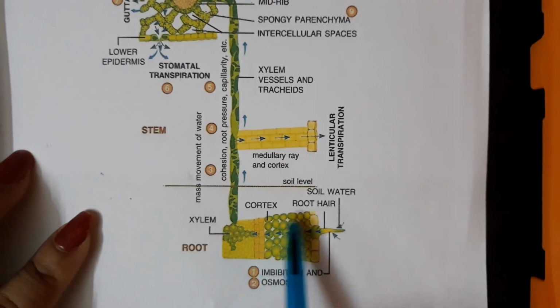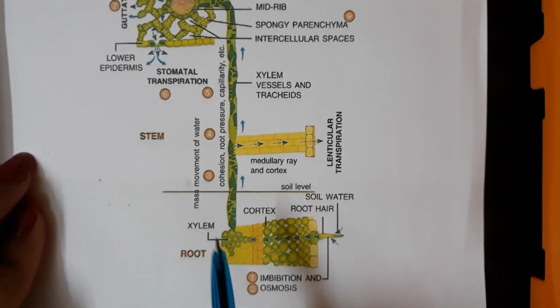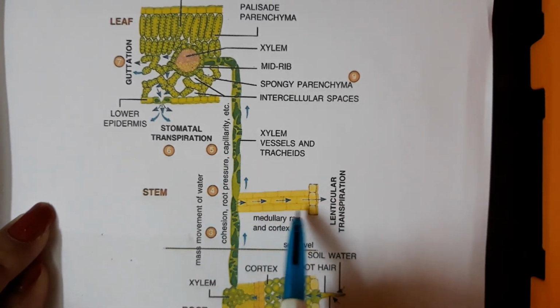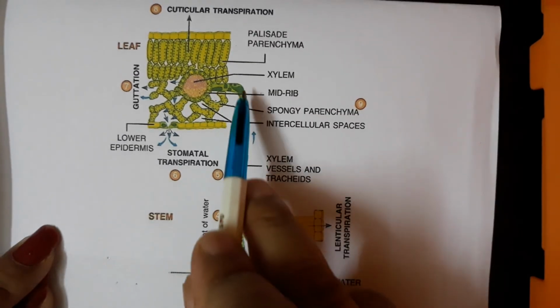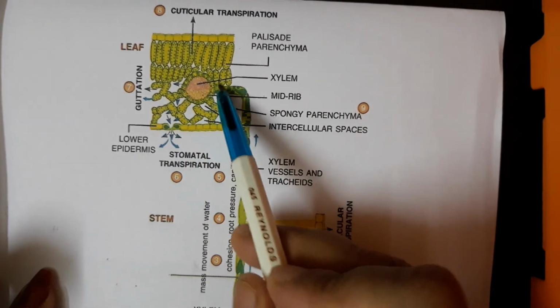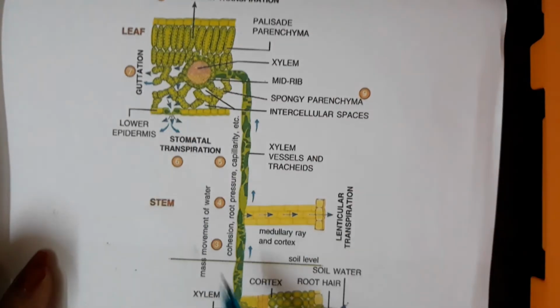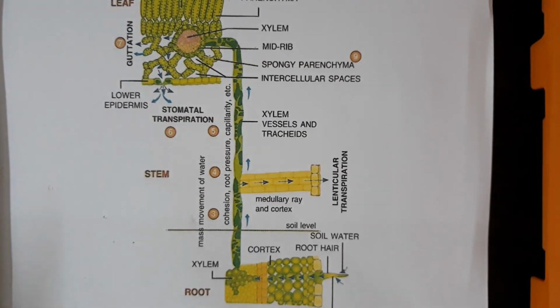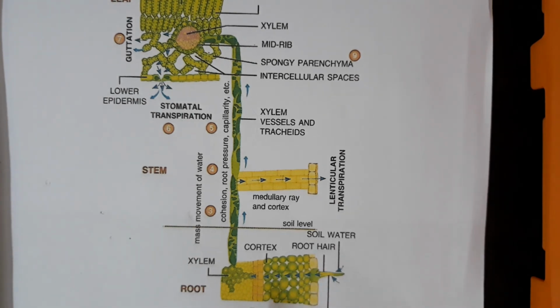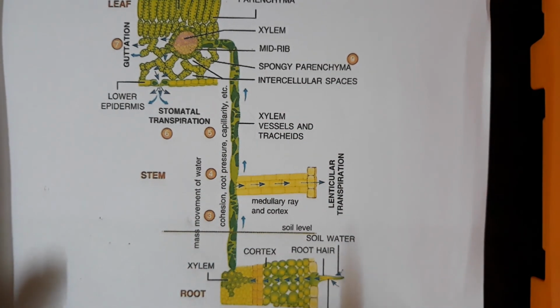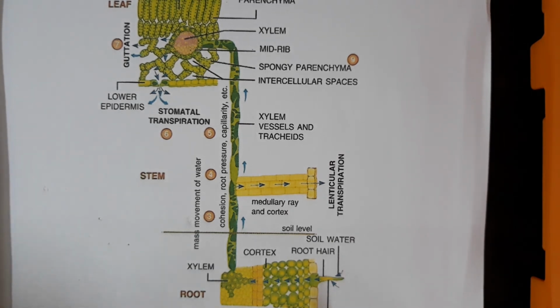This is how water is absorbed by plants, how it is conducted through various parts of the plant, and how it reaches the leaf for the process of transpiration. So this is how we can explain how water is absorbed in the plant and transpiration takes place. Absorption by the roots and transpiration by the leaves are interrelated processes which help the plant to absorb water and to release excess water into the atmosphere.